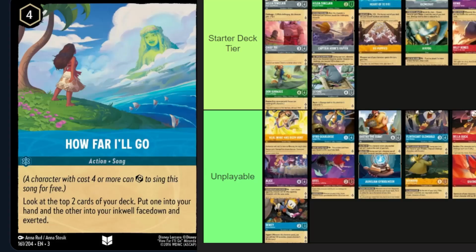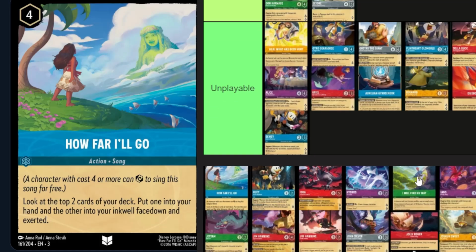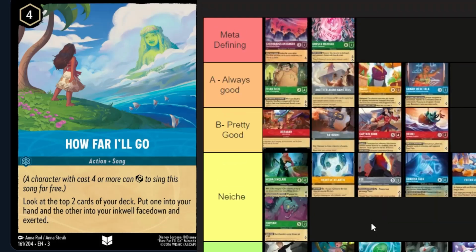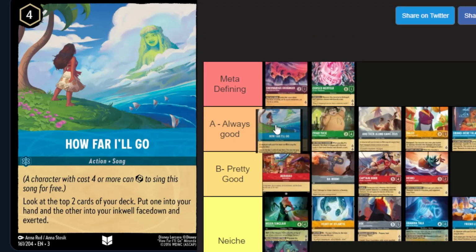How Far I'll Go did start seeing some appearances late game or later in the meta as people were figuring out Ruby Sapphire. A lot more people were playing this card. I like it. It is very, very strong. It definitely didn't dominate the meta with anything. I think given some more time, it probably could have been a general staple. I think this card is always going to be pretty good, though. It definitely didn't get its hype for a while, but I think I'm going to put it in A tier